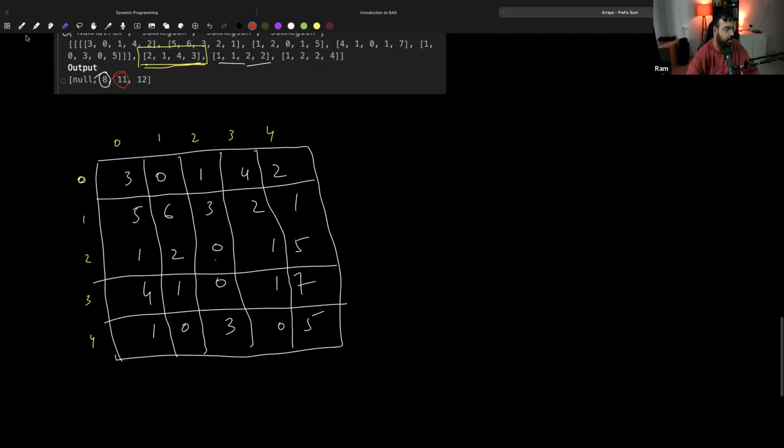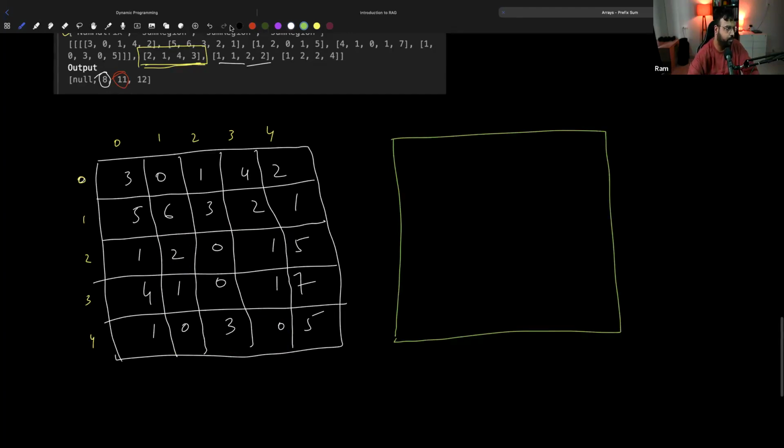I'll give you one hint. We'll continue this tomorrow. Now, again, this type of approach is difficult. If you don't know it, you cannot come up with this in an interview setting. But if we create one prefix matrix here,